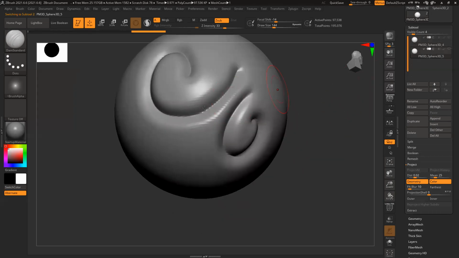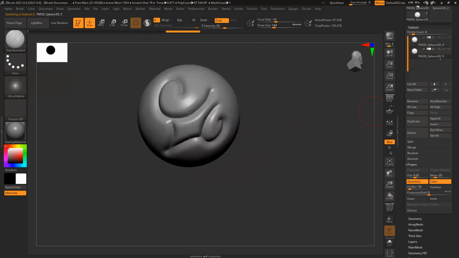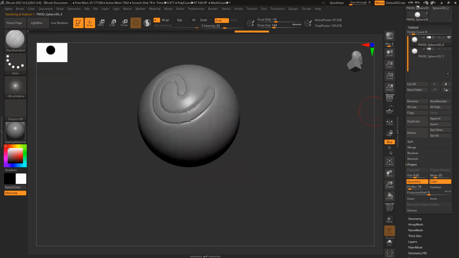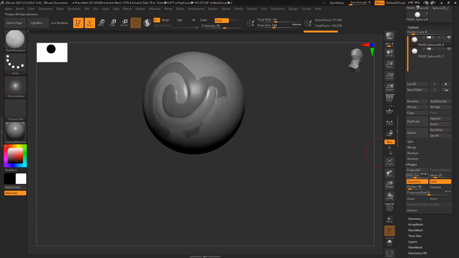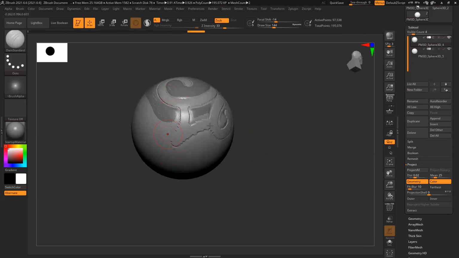Let me hide this. I create some shape, and it should project directly on this without any problem. Did I reset something or do something? Both are visible now. Still, it's doing it inverted.